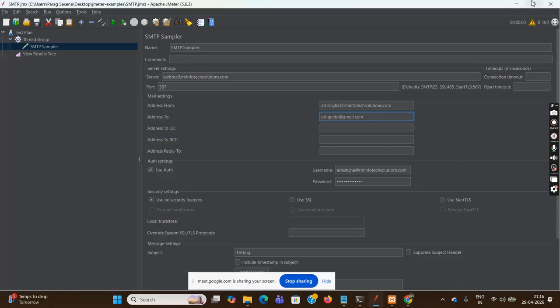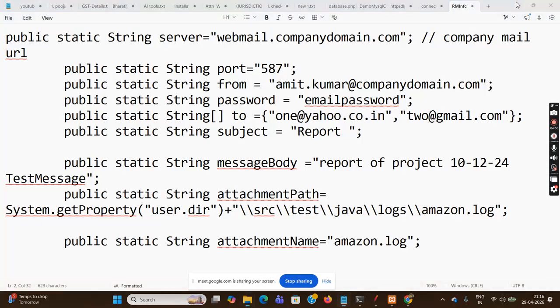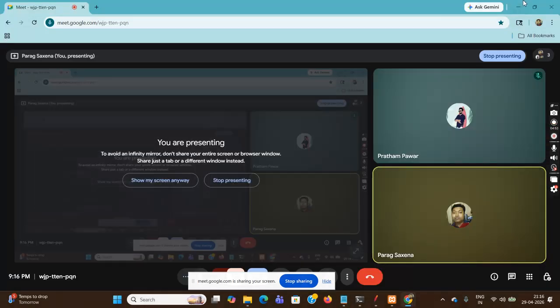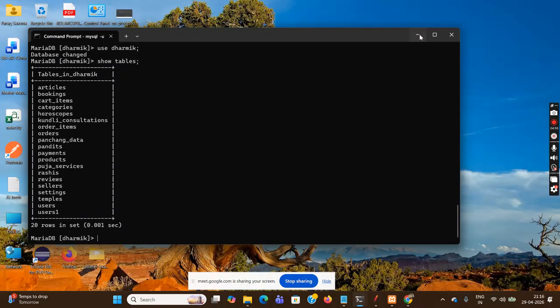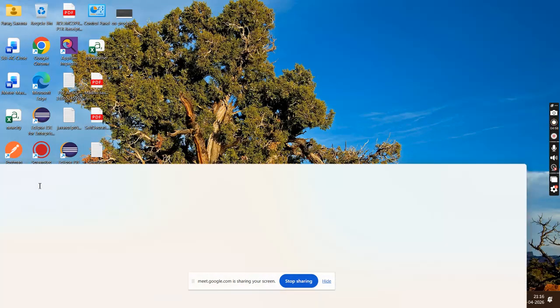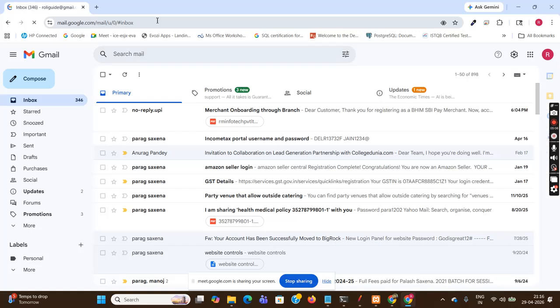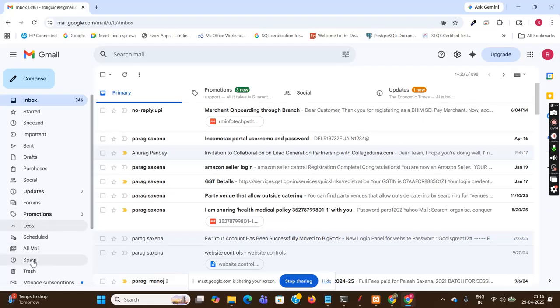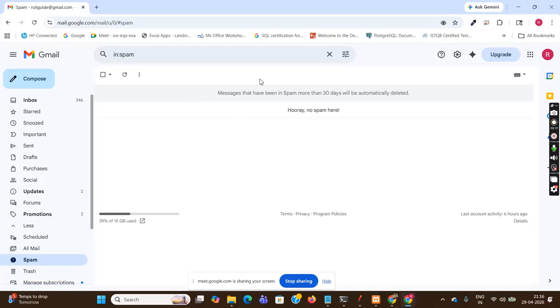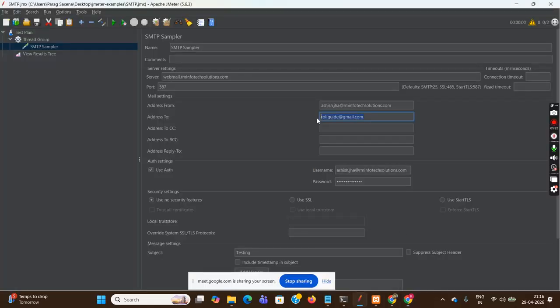So if you see, this is my Gmail. Over here there is no mail from Ashish Jha, and if I check the spam also, there is no mail from Ashish Jha. So I'm sending mail to this account from this account,